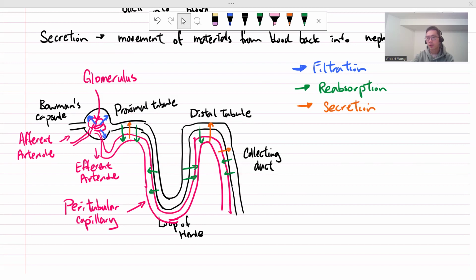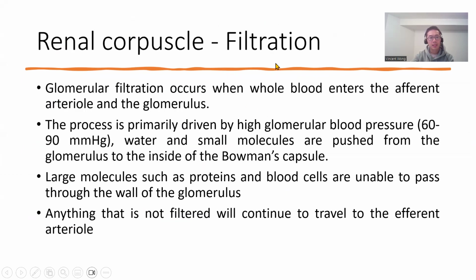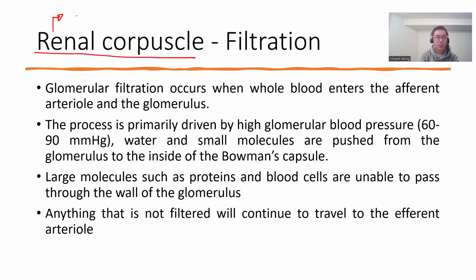All right. So let's go back to the PowerPoint slides. This is basically what I wrote down for you, but in a more condensed way. So let's look at what happens in the filtration process. Filtration is the first step, and it only happens in the glomerulus, in the Bowman's capsule. Last time at the very end, I told you there's this term renal corpuscle. That is just the Bowman's capsule